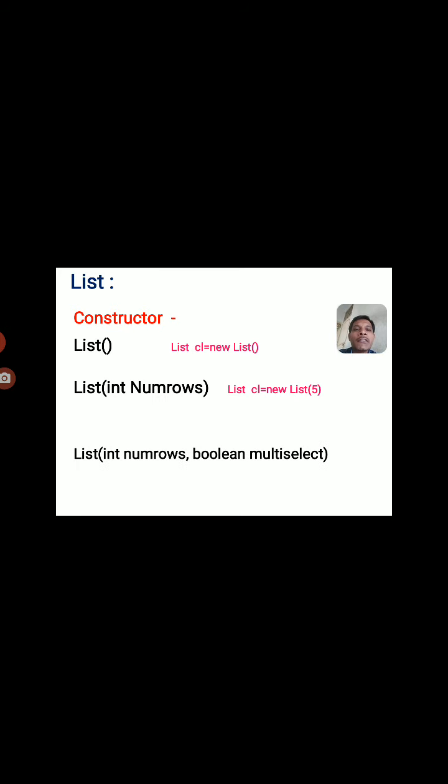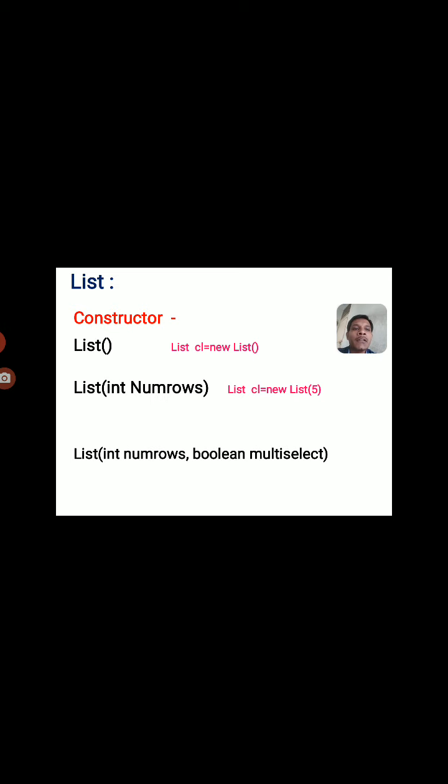The third is List, in brackets, integer number of rows and boolean multiselect. In this constructor, we can pass two parameters. The number of rows parameter specifies how many atoms are visible to the user, and the second parameter is multiselect.